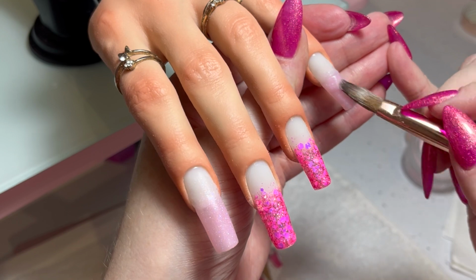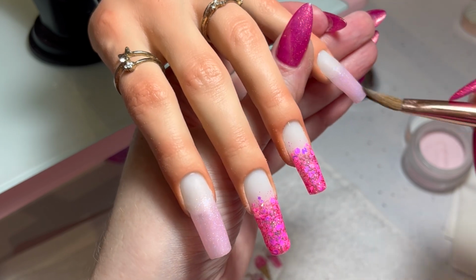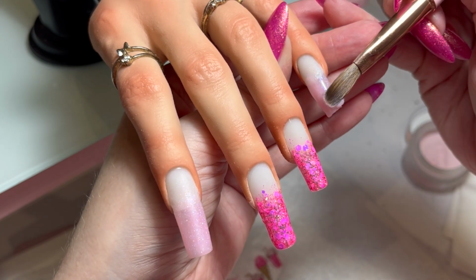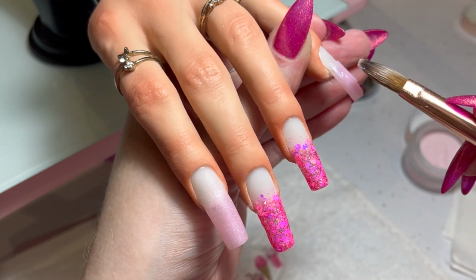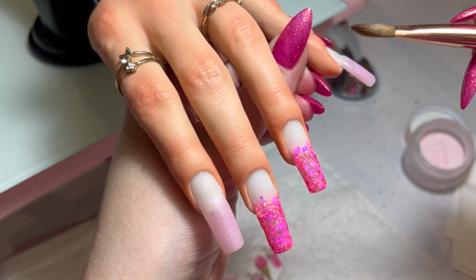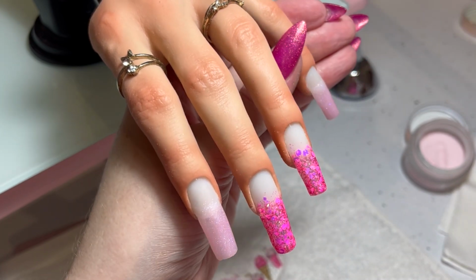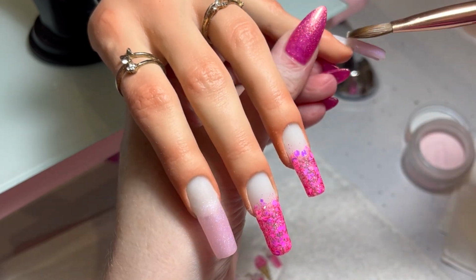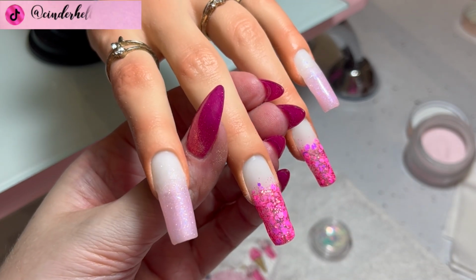Whereas if I'm doing the acrylic over the top, I really like to get a nice soft blend of that glitter because you are going to see it slightly through, which is the point. I'm just adding a little bit more so that I've got even coverage throughout without adding too much bulk, just because I'm not 100% sure how far down the nail the glitter acrylic is going to come, and that needs to be encapsulated. Although I do know right at the tip I'm pretty safe. So I'm just smoothing that out,